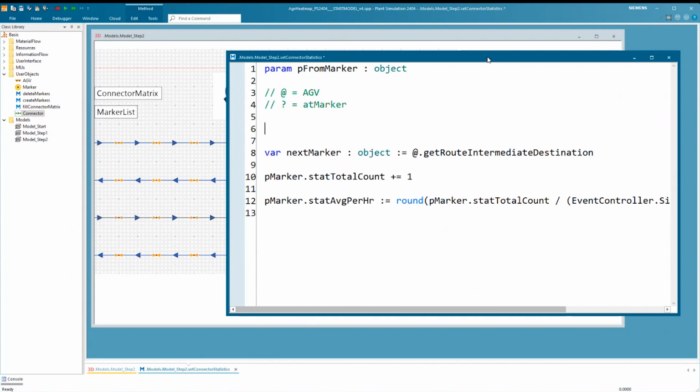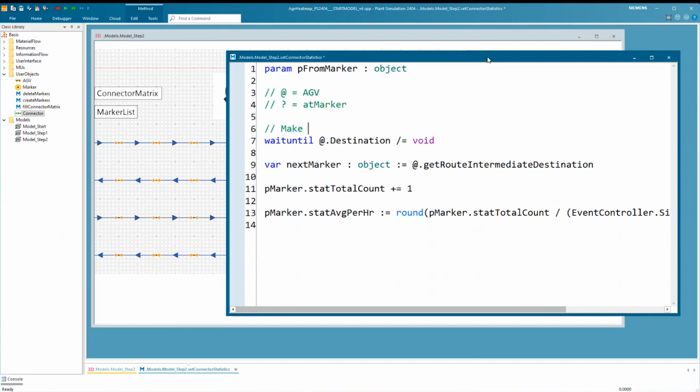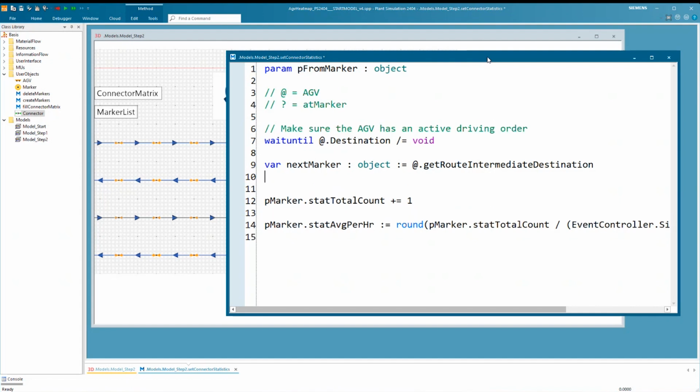So before I query the route intermediate destination, I should make sure that I actually have a destination so that the AGV is not currently idle and waiting for a new driving order.